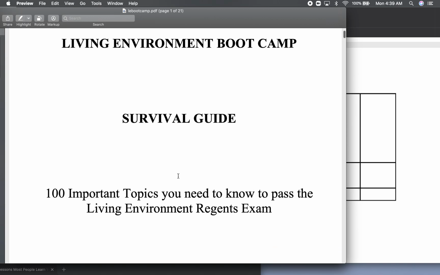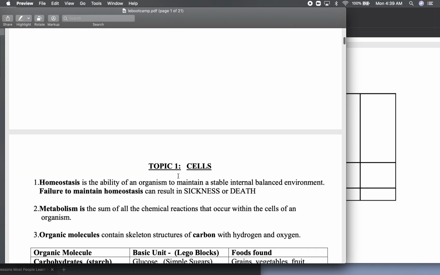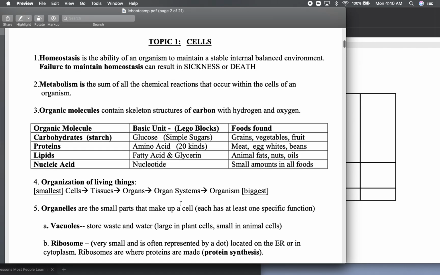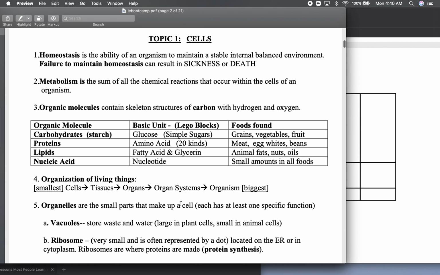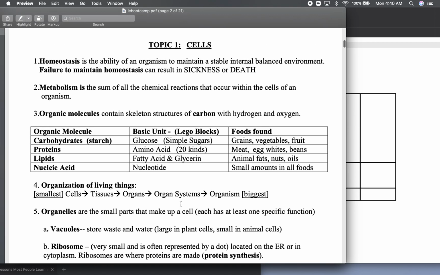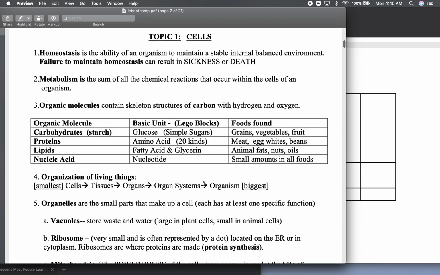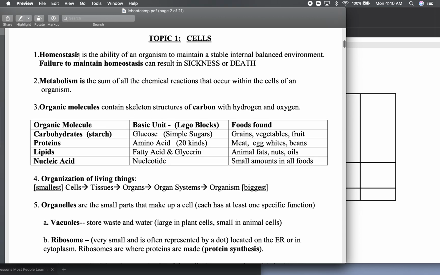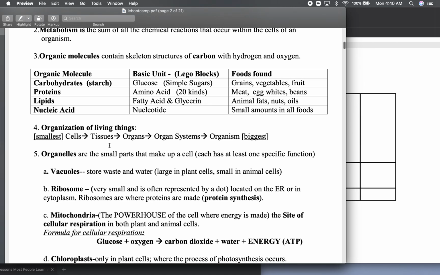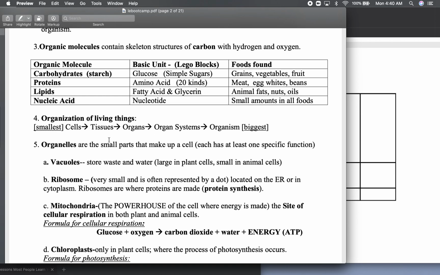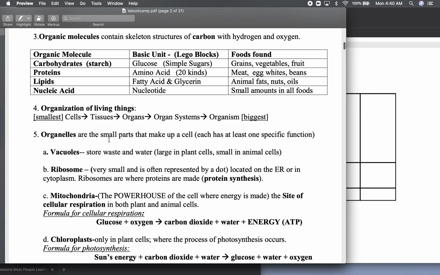You want to make sure that you're not just copying everything that you see here. I'm just going to give you guys a brief run through. As you can see, it's organized by each topic. The first topic here is cells. So, of course, the first thing you're going to see under that is homeostasis. And you'll see literally everything that we've talked about from the beginning of the year till now is in this